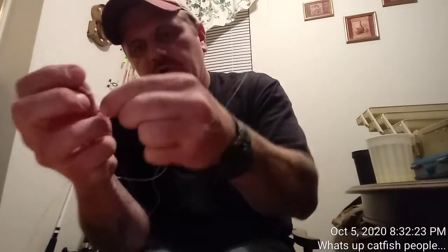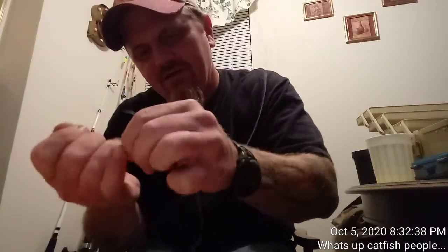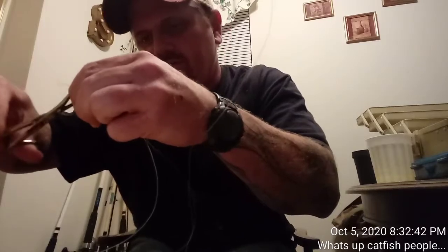And once you have your weight on, then you just simple clinch knot. It's a very efficient all-around knot. It's very strong. It's very simple to tie. I use my teeth a lot. And you clip off your excess,